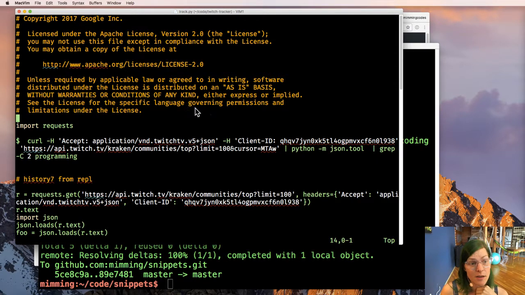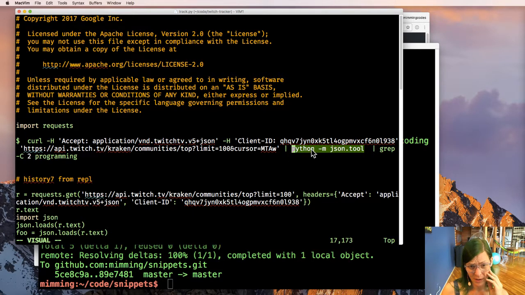And next, let's take a look in here and try to run some of this code. So we have a curl command, and what are we doing here? We have a cursor token. We're getting the top 100 communities from the wonderfully named Kraken API. Here's my client ID. Here's the API version of the Twitch API, specified with a header using the Accept header. I've never seen this practice before. I don't know if it's common, and I don't really know the advantages or disadvantages of it. I just know that if you don't specify this header, sometimes you get a different response. The Accept header seems like a reasonable way to do API versions.